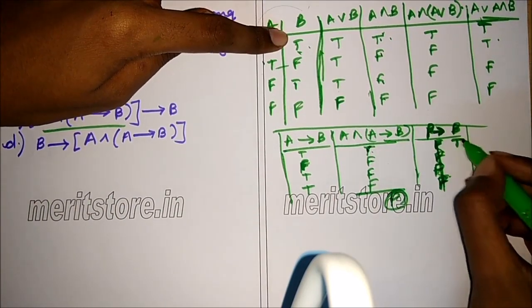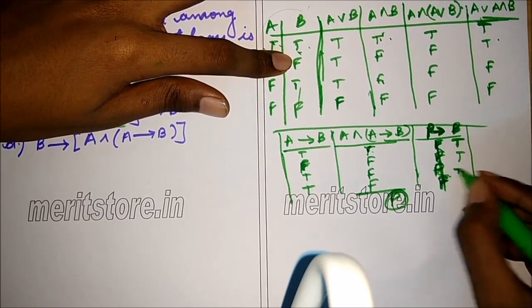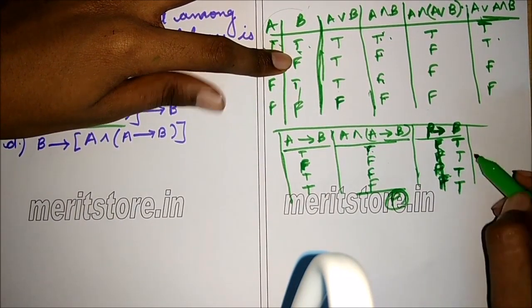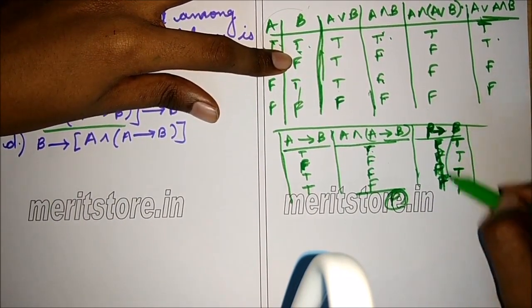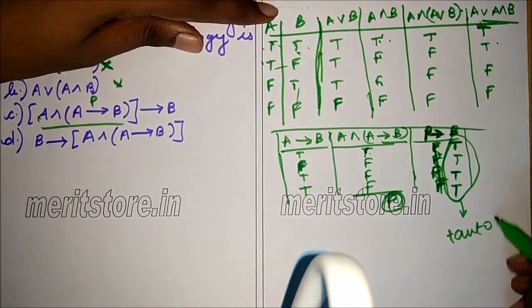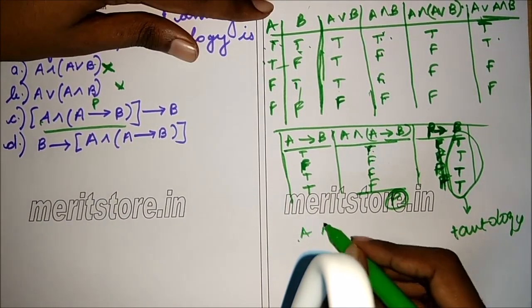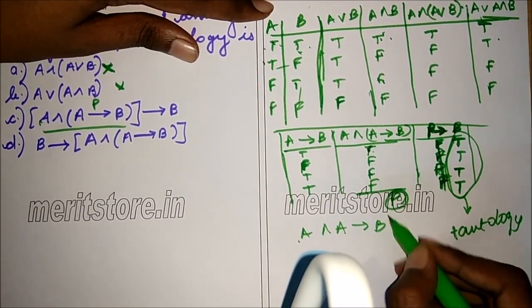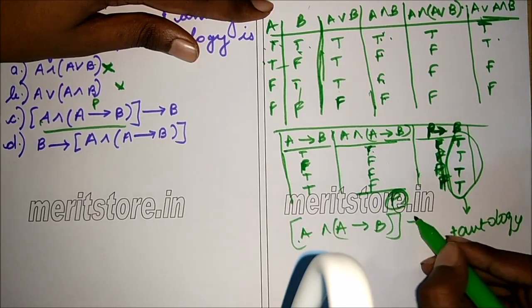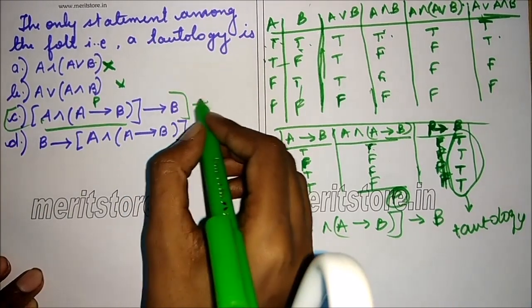So this is true, and in the other statement similarly it is also true. So we can see P implies B is always true. So this is a tautology. P implies B is nothing but A and A implies B, implies B. So C is a tautology,